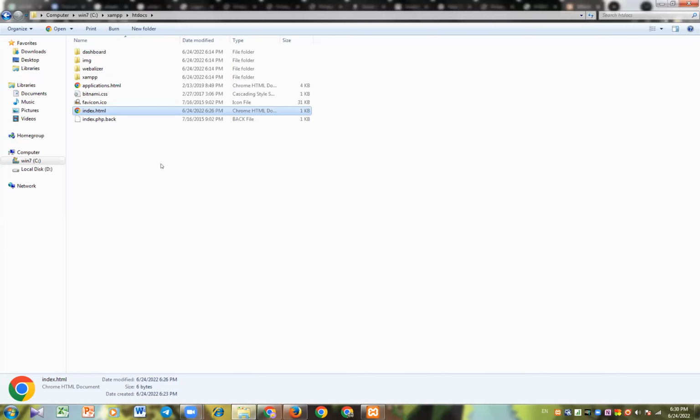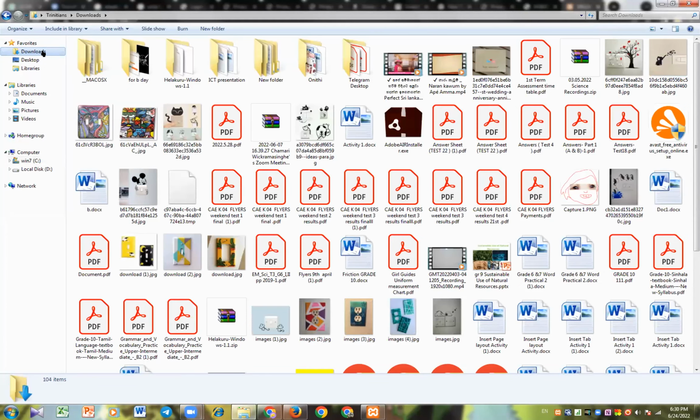Here, the computer screen. Now, Oniti, let's go to the folder where your files are hosted. And let's say you want to share a small file with your network. And can you go to downloads, please? Downloads. There were several files. Let's say, Oniti, you want to share a file. So let's say you want to share this,